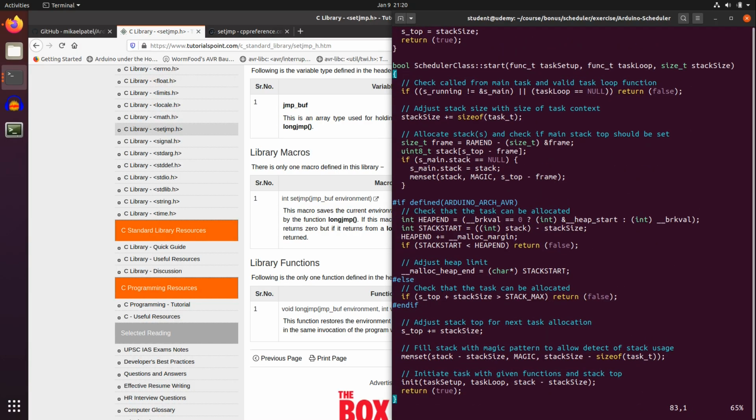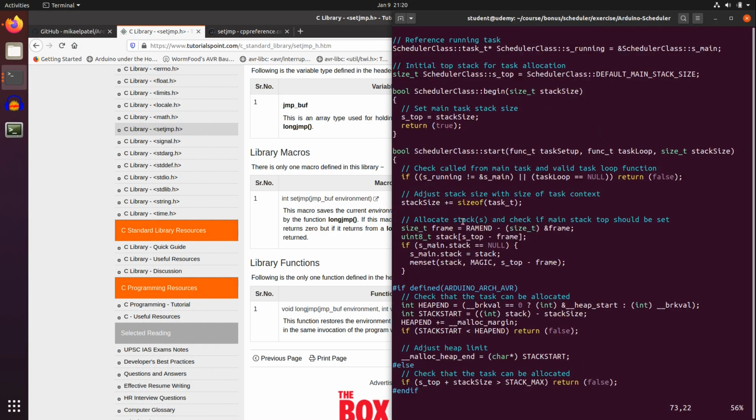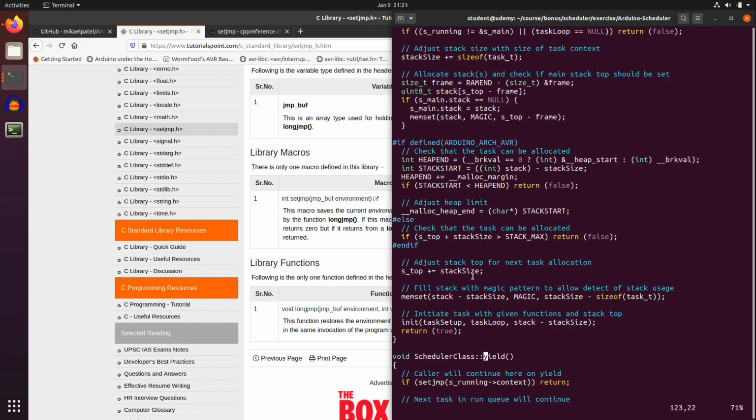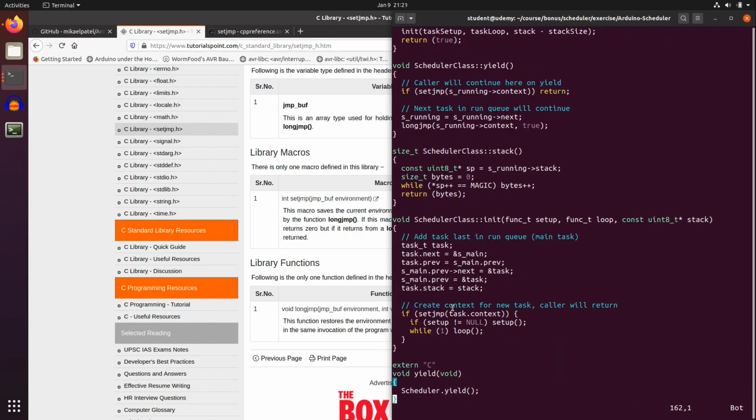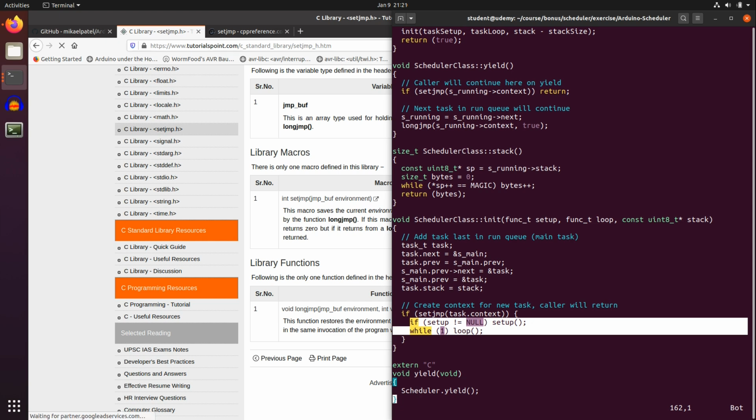So I came from start loop, I went to start, then I did the stack allotment and allocation, and then I went to init. I did not go through long jump. That means after saving the context, this set jump returns 0. This is false. That means these two lines are not executed at all, and the init function returns. And that is why